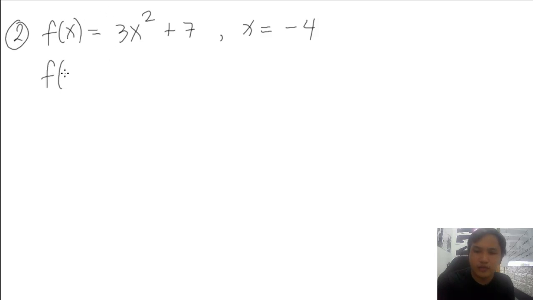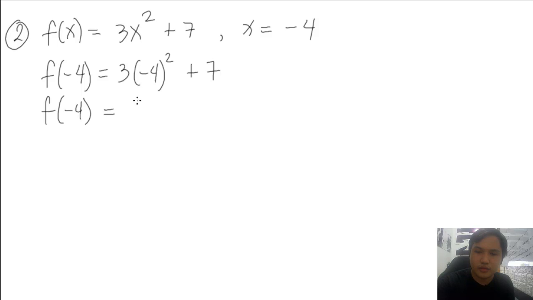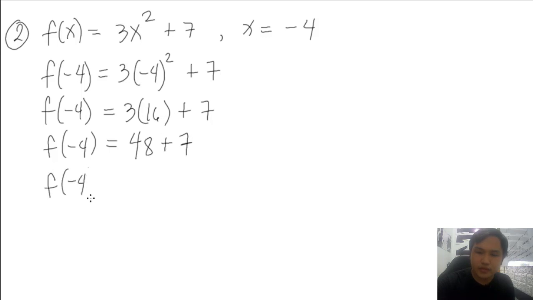So, we have f of negative 4 equals 3 times negative 4 squared plus 7. Simplify natin. F of negative 4 equals 3 times negative 4 squared is 16. Plus 7, f of negative 4 equals 3 times 16 is 6, 12, 18, that's 48, plus 7, and f of negative 4 finally is 48 plus 7 is